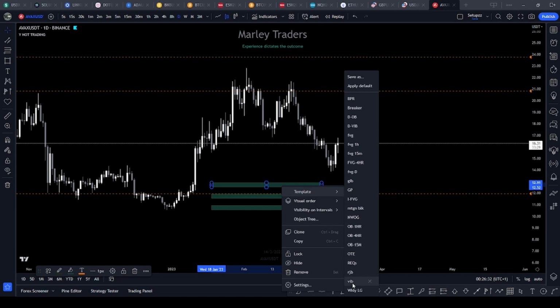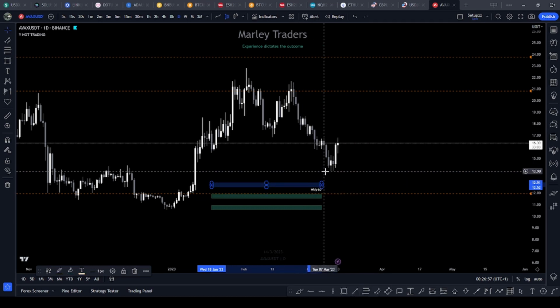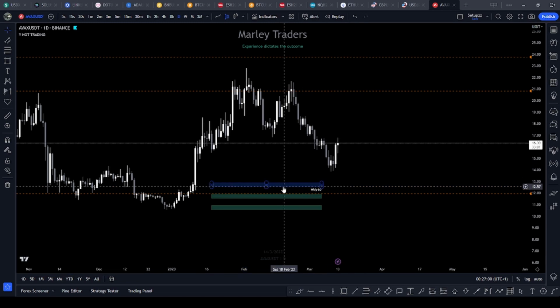weekly liquidity grab. Now, do you need all this? No. Do I need it? Yes, because it just makes things easier for me. All right. So if you're on a lower time frame, you want to know, okay, what higher time frame liquidity grab do we have? So let's say you put that, and then it says blue. Anytime you see blue, it's liquidity. For example, if you go here,